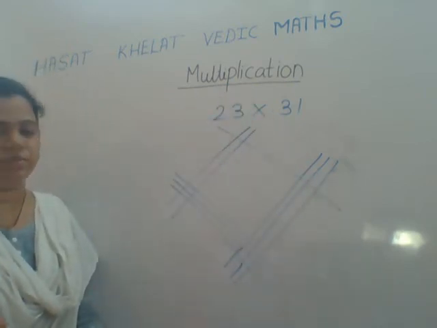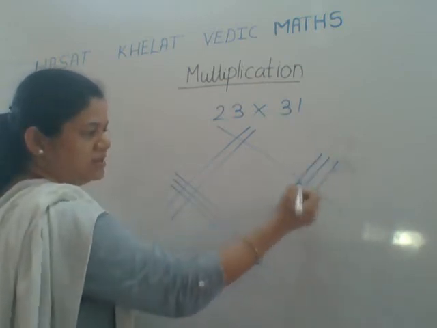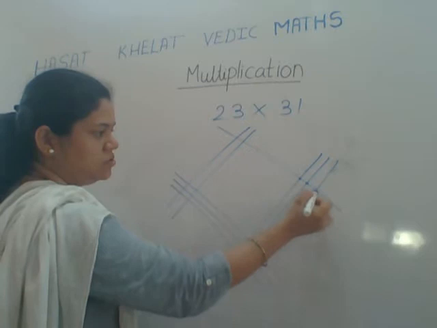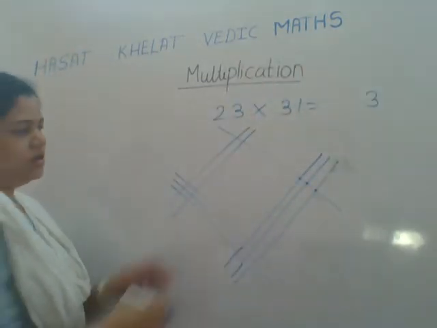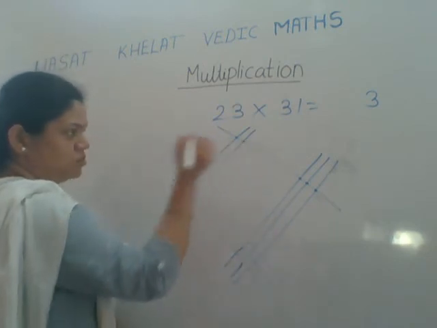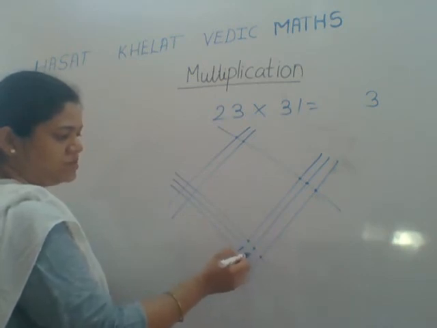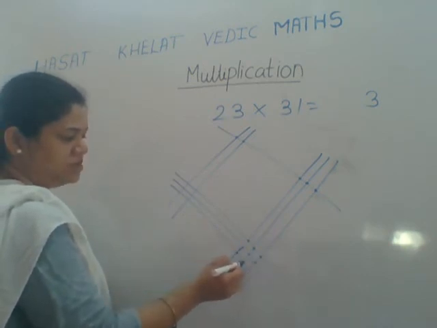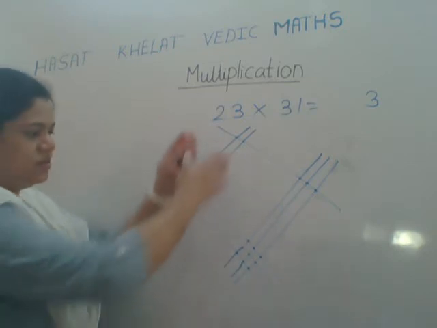Now what is the next step? To calculate the intersection points. On the right hand side, how many points are there? 1, 2 and 3. 3 points. In the middle of this diagram, let's see how many points. 1, 2, 3, 4, 5, 6, 7, 8, 9, 10 and 11. How many points are found? 11 points in the middle section.